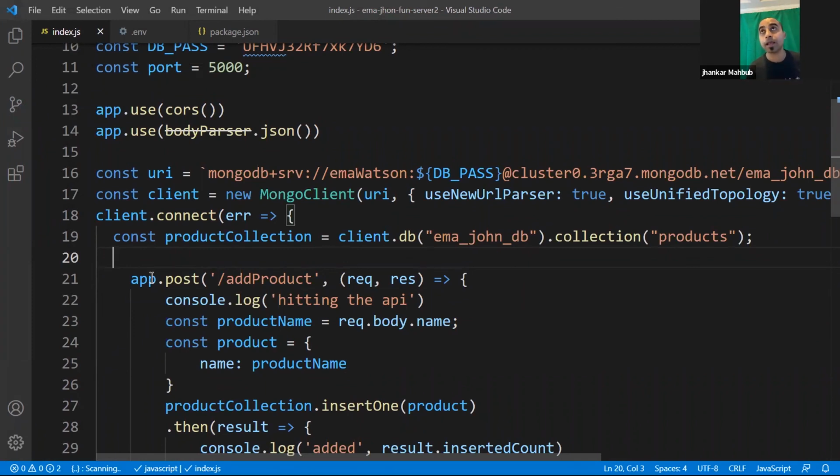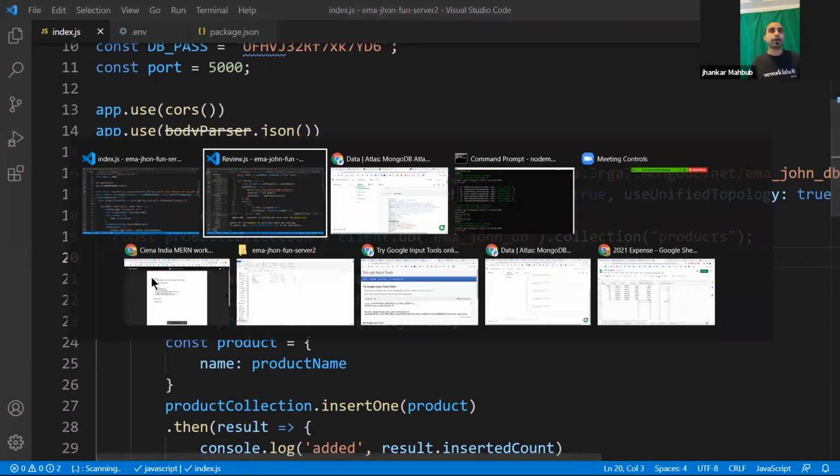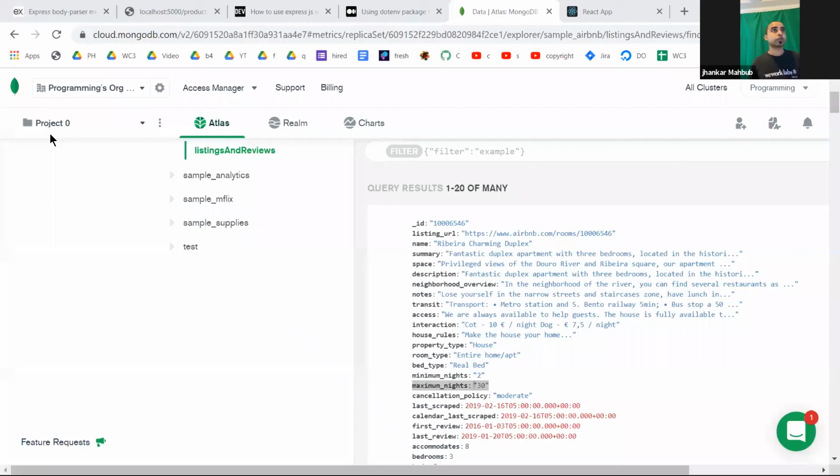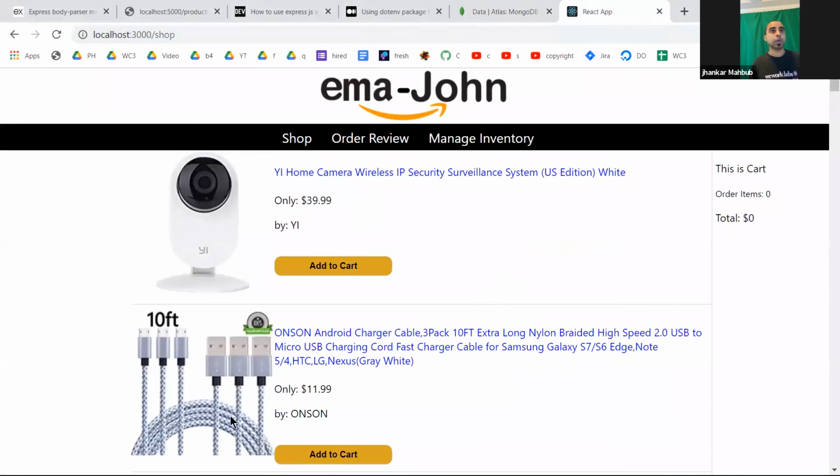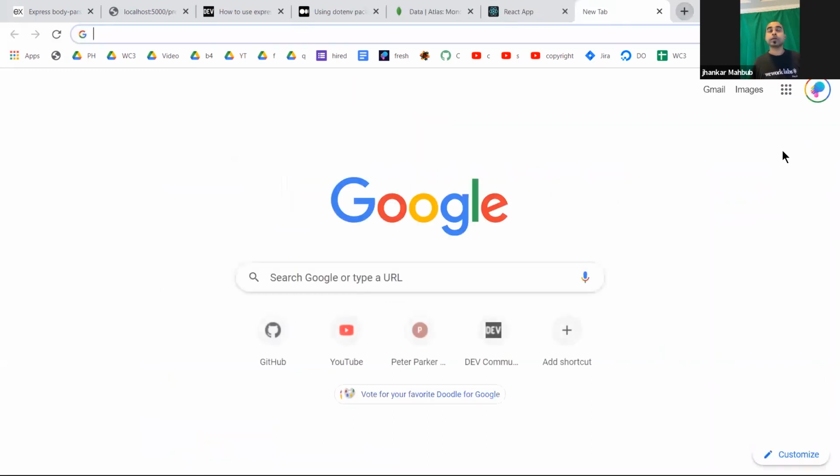So we got this far, but the one final thing remaining for our case is how we deploy it, right? There are so many different places you can deploy so that you have a live link. So far, what we have done is all localhost 3000. If we go to our shop, this is localhost in your local node, but you cannot share it with anybody. So the way to do it is to host it in a lot of different places.